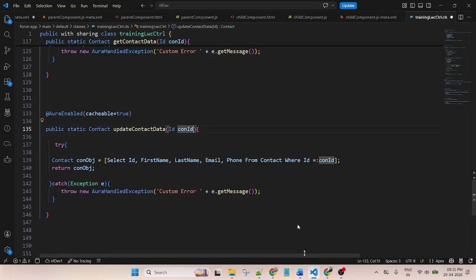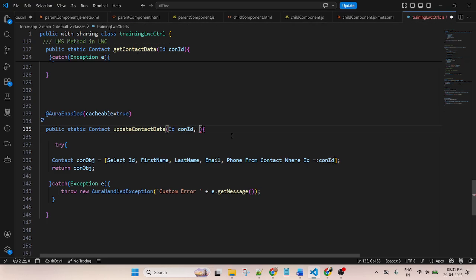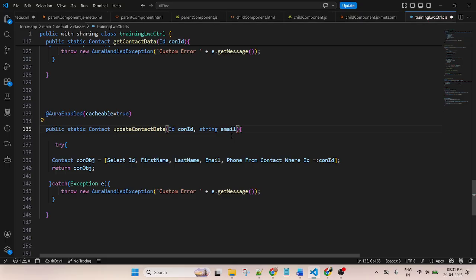In this component, I am using two input fields, contact ID and email. So ID will be the same, a string, and email.